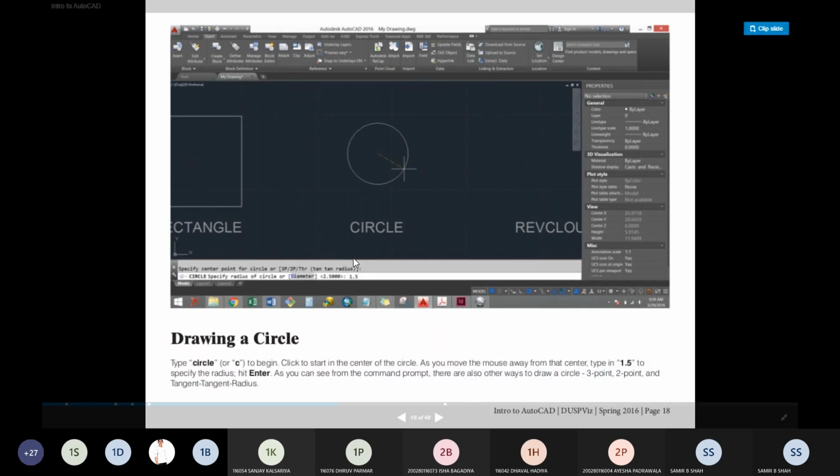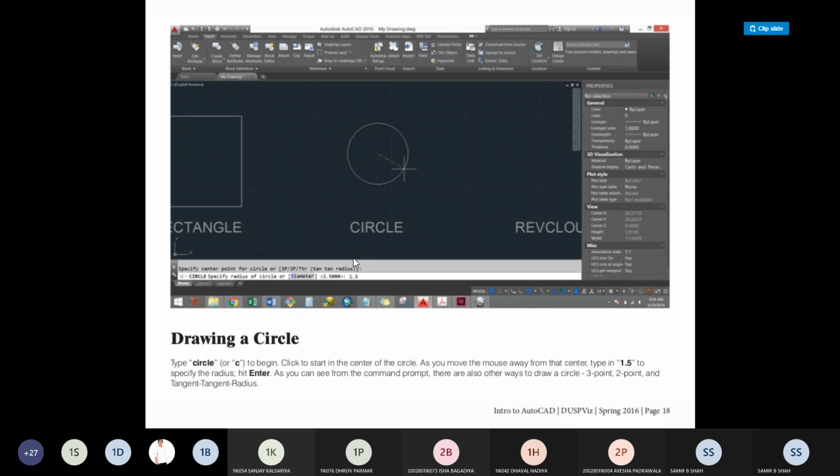Drawing a circle. Either you type CIRCLE in small letters or start with C. So automatically AutoCAD understands that we have to select the circle. Click to start at the center of the circle.